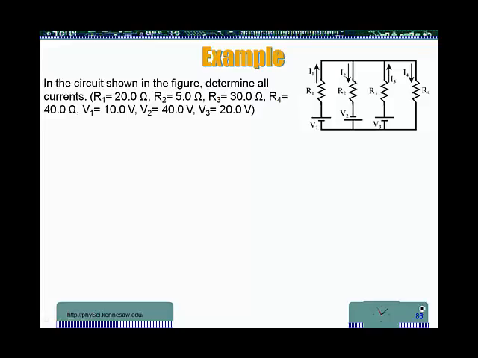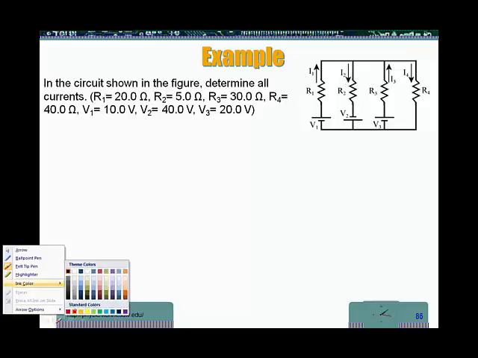Okay, let's work this question. In this circuit, we have 4 resistors, 3 power supplies, and 4 currents. And the question is to find the currents. All resistors and power supplies are given. First step that we have learned to do is identify the positive